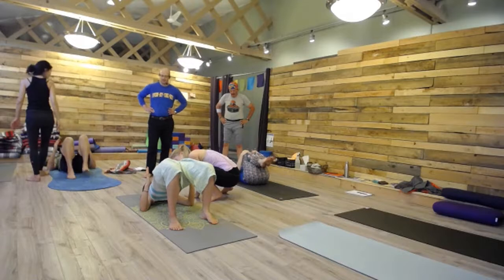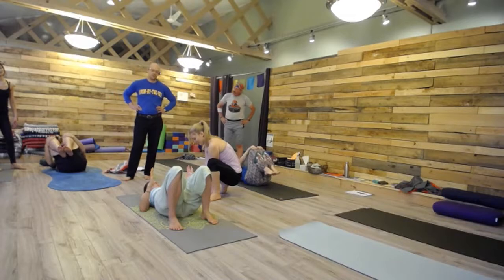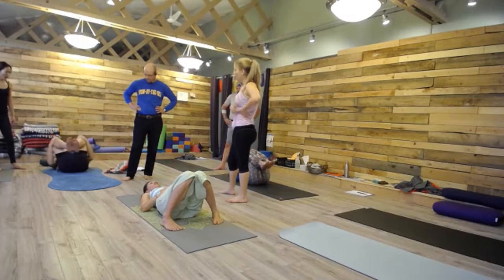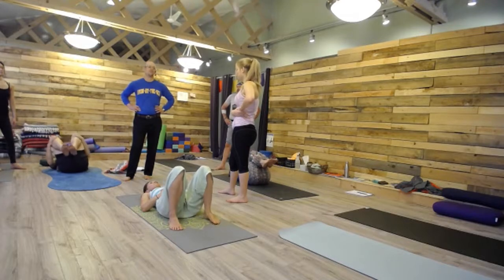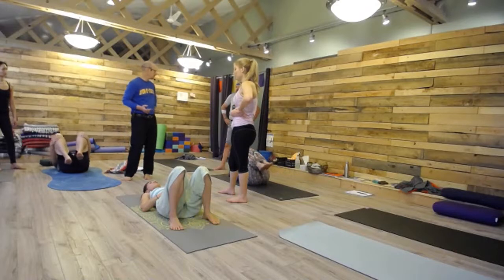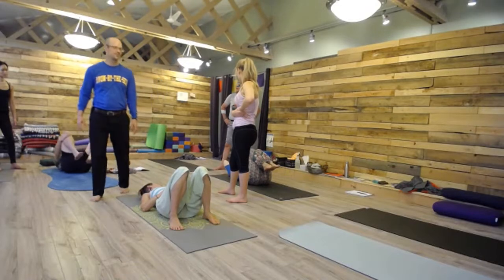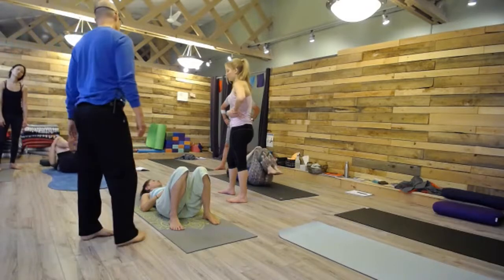And so let's talk about a couple of cues. So frequently I'll say bring your chest toward your chin, but not your chin toward your chest. Because if you bring the chin toward the chest, you'll flatten your neck. So bring your chest toward your chin, but keep your chin away from your chest. Or I'll just say, make sure you keep a curve to your neck. Don't flatten your neck, which is an easy way of doing it. Can you have them check their own tunnel? Probably not. Yeah. I mean, it's possible to do bridge pose without your arms, but then there's bound bridge,